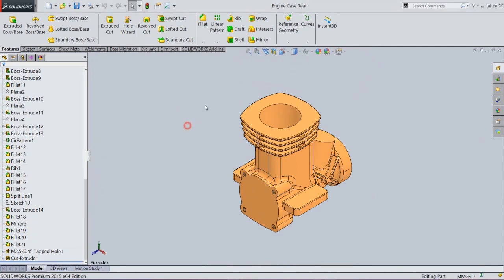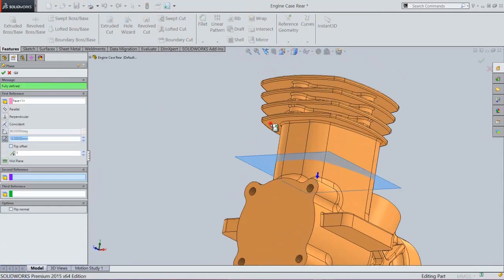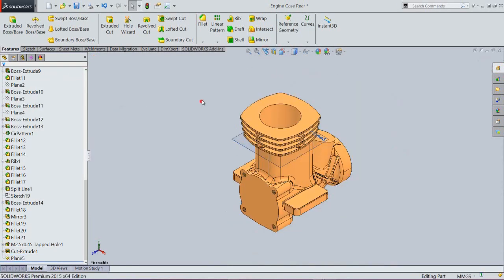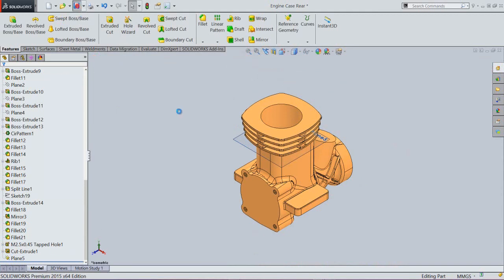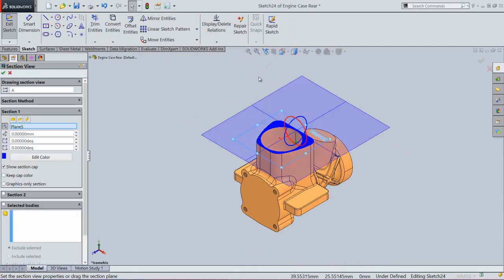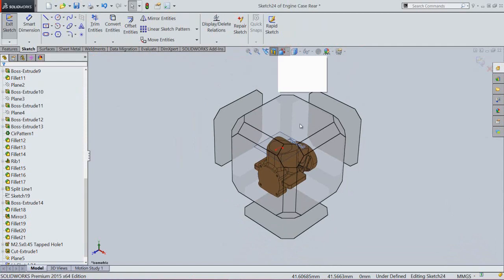Now we will activate the plane command and select this face. Set the offset distance value 2 mm. Click OK. Select this plane, sketch, choose the section view by selecting this plane.